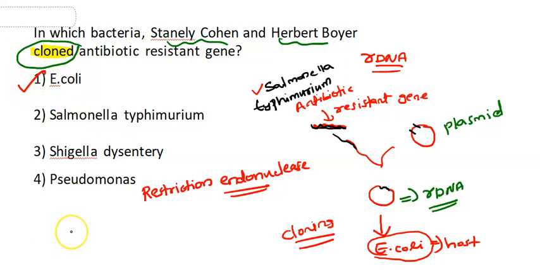So this is a very important question. From this question, you also understood some other points like restriction endonuclease enzyme for cutting at specific sites, Salmonella typhimurium, plasmid, etcetera. Also I want to remind you, rDNA was developed in the year 1972. This is also given in your NCERT book. All these are important points. Let me take the next question.